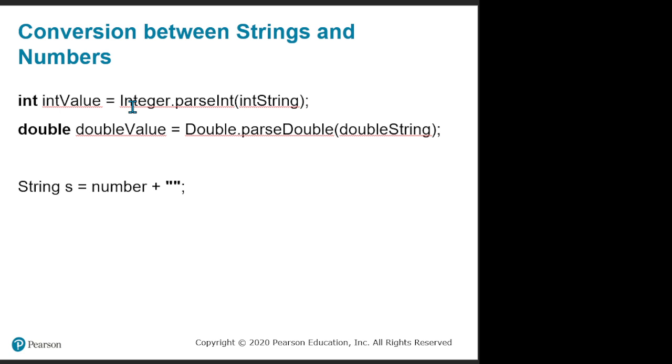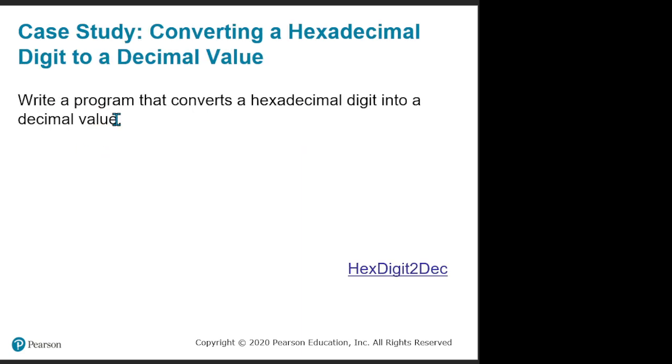And so we can use this to work our way through different value processing. And what we're going to do here is look at a program that converts a hexadecimal digit into a decimal value. And so hexadecimal digits have a particular format. And what we're going to do is generate the program to